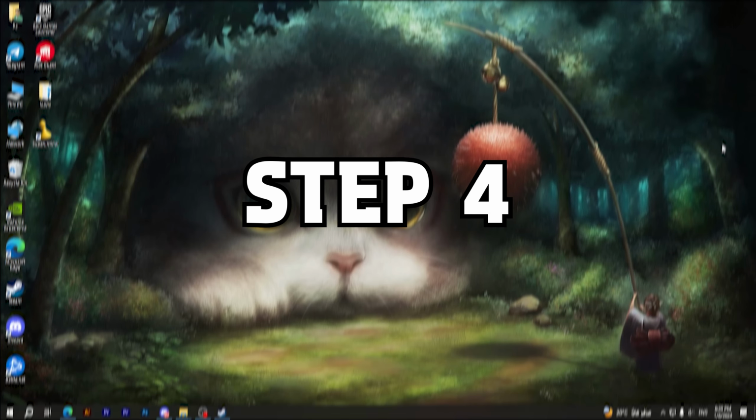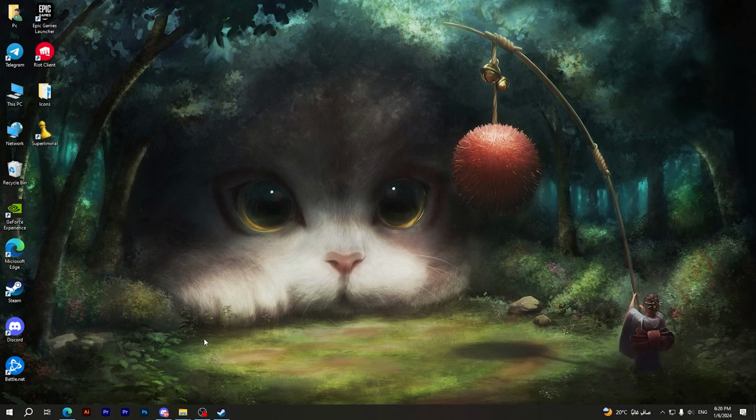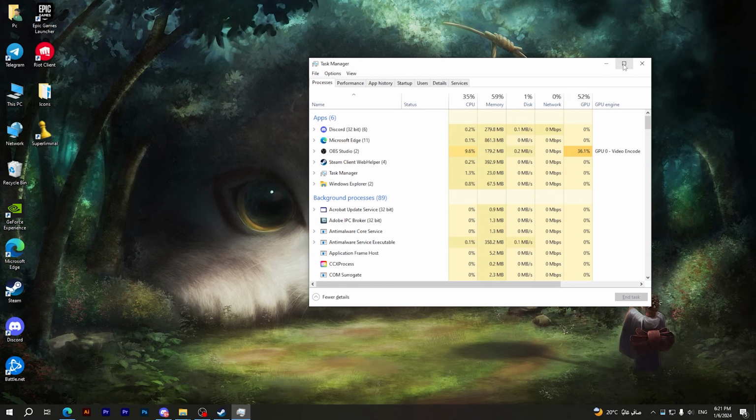Still having the problem? Jump into the next step. All we have to do now is close any background applications and turn off the overlays. To do that, you should open your Task Manager while playing the game or even before opening the game